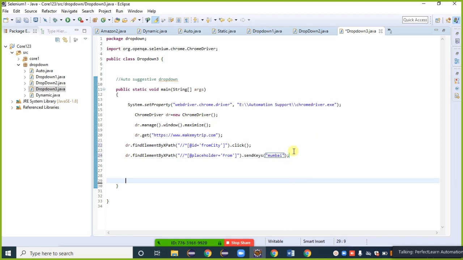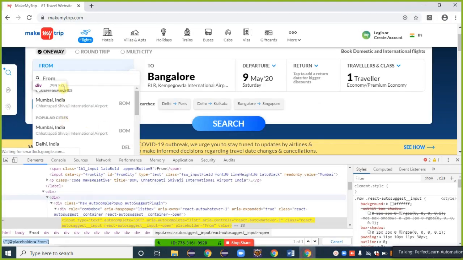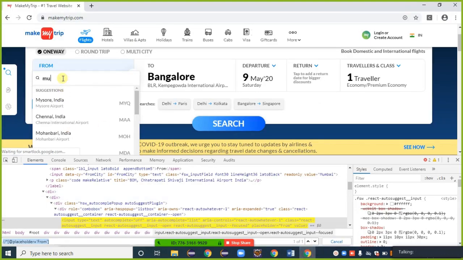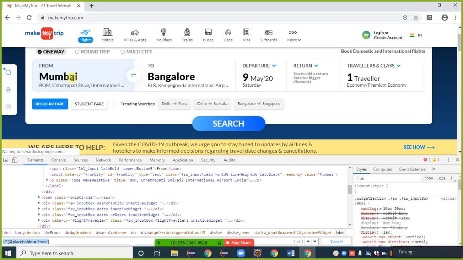By using this step, Selenium provides Mumbai. Observe that after providing Mumbai, I get suggestions, and Mumbai is available as the first suggestion in the list. How to select that one? I just need to press the down key one time and then press the enter key. One time down and one time enter.